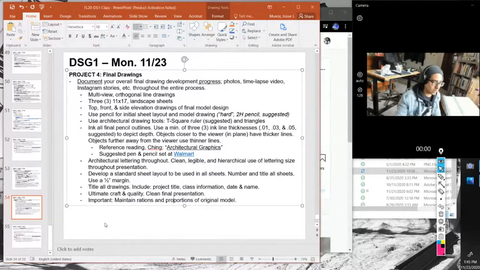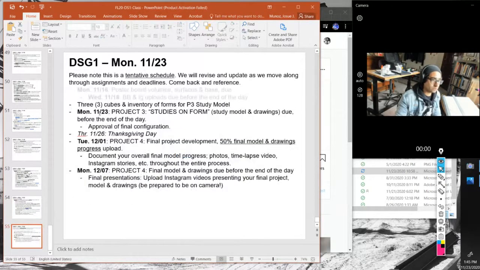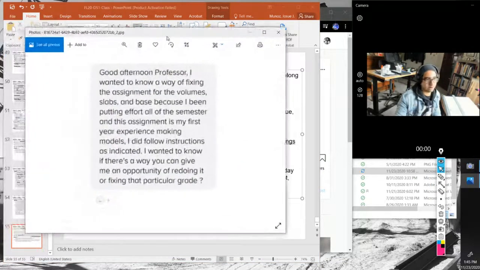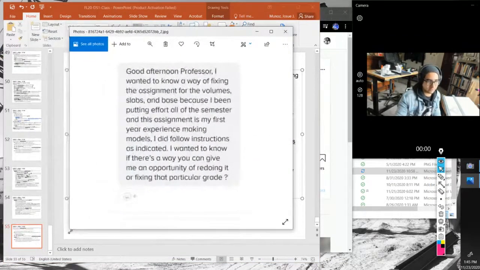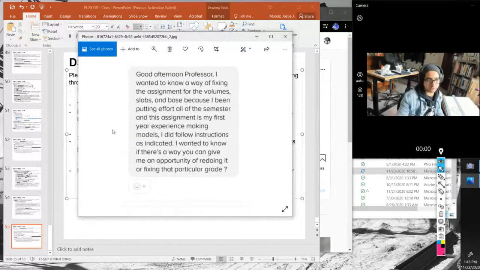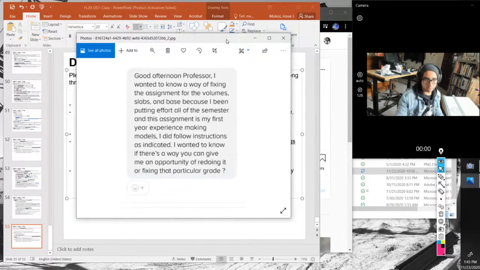Actually, there was one more comment that I wanted to bring up before I get on this. So the three cubes, I don't know about the inventory. But I got this message right here, and I'm not trying to blast anyone, so the name is irrelevant. It doesn't matter who sent this message, but I thought it was an interesting message. And I'm kind of glad that I get these messages. It at least tells me that people are looking at their grades, they care about their grades, and they're on top of everything. So I read,